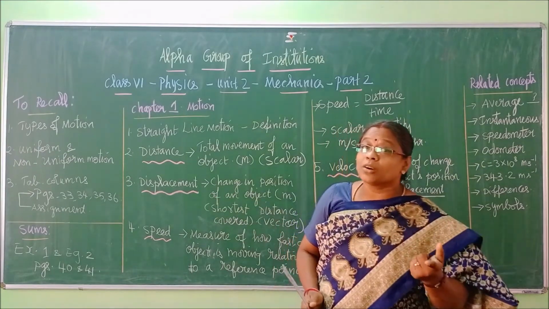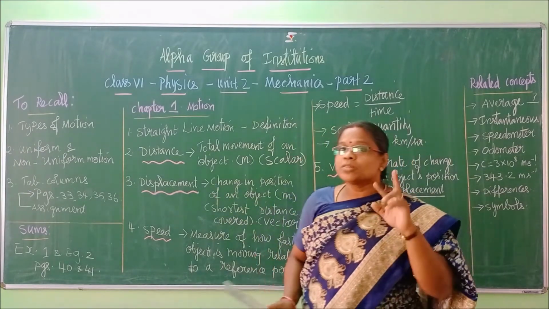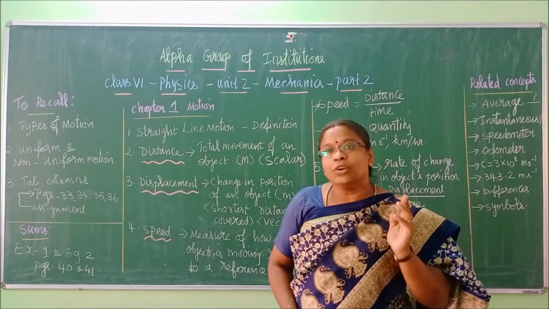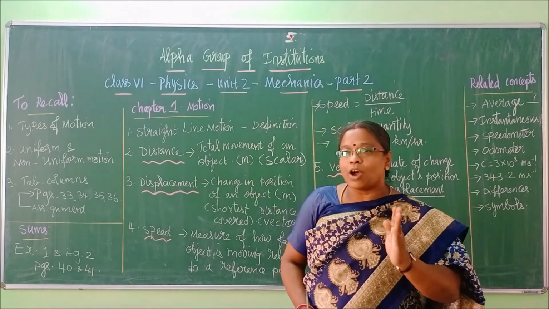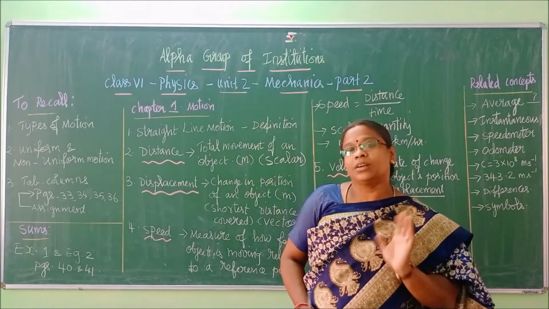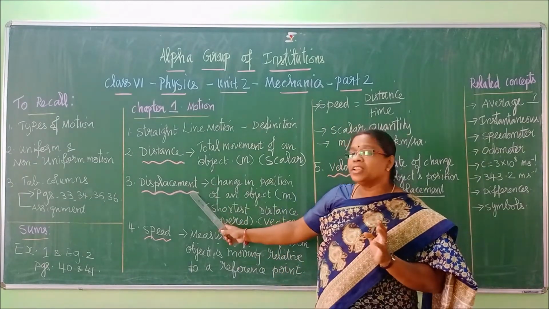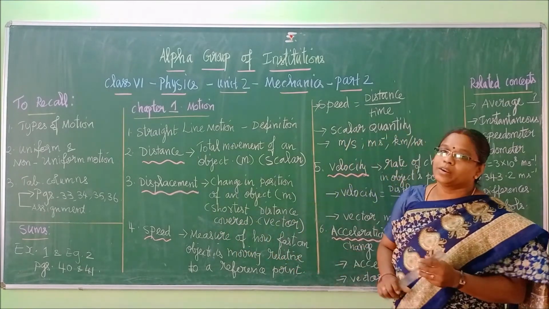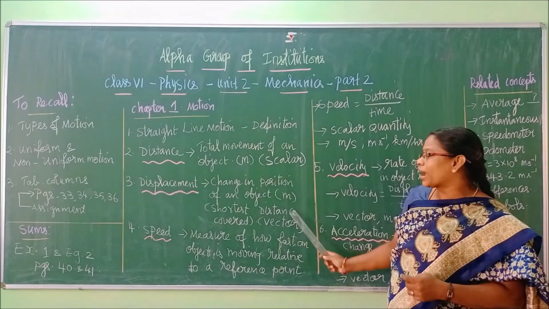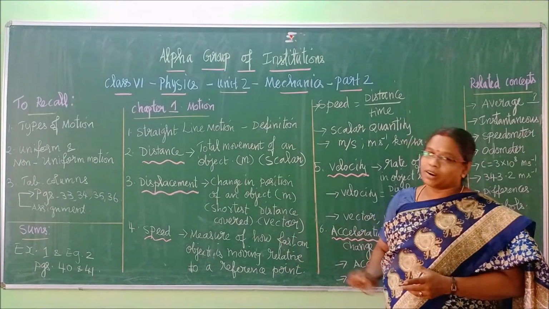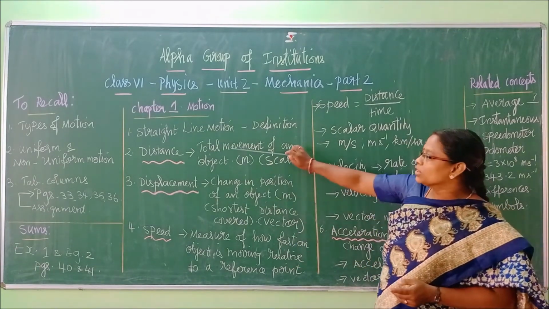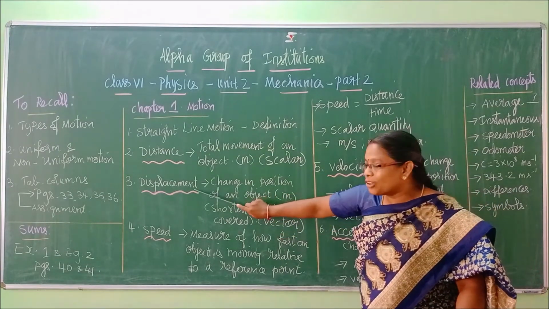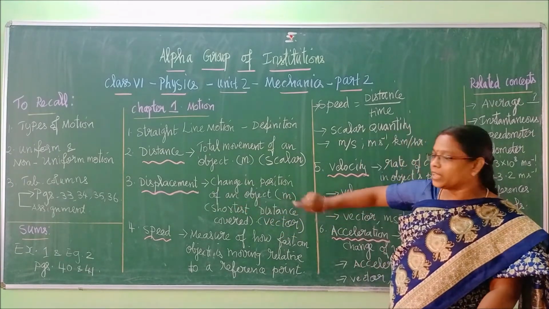Now you come to the conclusion of vector quantities. Vector quantities have both magnitude and direction. So what type of quantity is displacement? It is a vector quantity. That's why I have written the words shortest distance in brackets. Okay. Now distance over, displacement over, and displacement also has the unit meter.